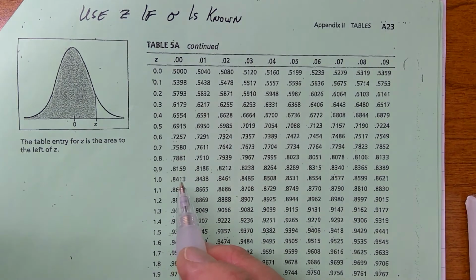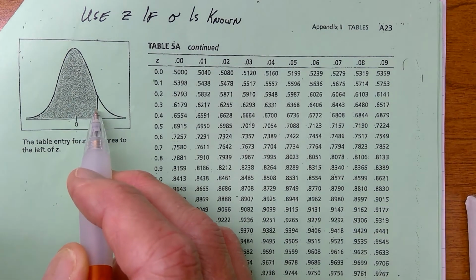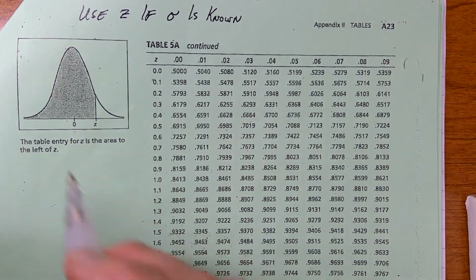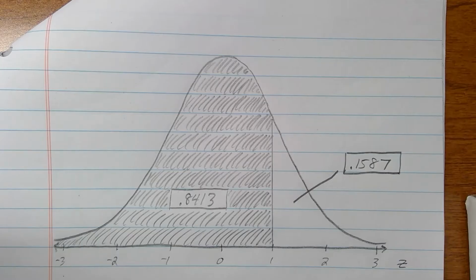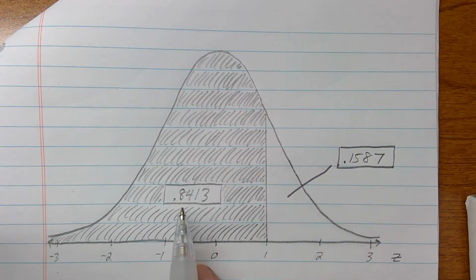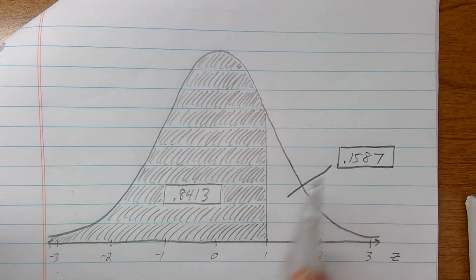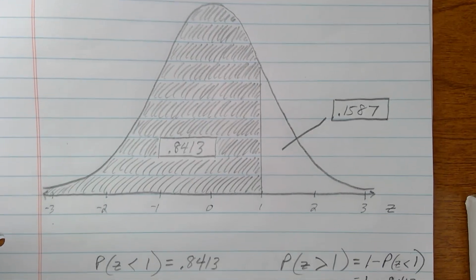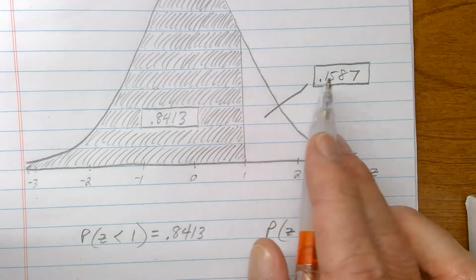All right, so we looked up 1.00, and that gave us 84%, or 0.8413 exactly. 0.8413 part of the curve is to the left. That's 84.13% of the curve is to the left. Okay, so I've noted that. Now this is real easy to find. You just subtract this from 1, all right? So 1 minus 0.8413 is 0.1587. That's super easy to calculate. The notation's a little more confusing, but as far as looking this up in the table and then calculating that,